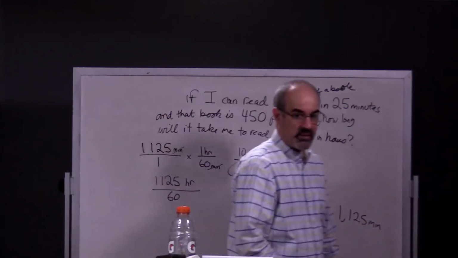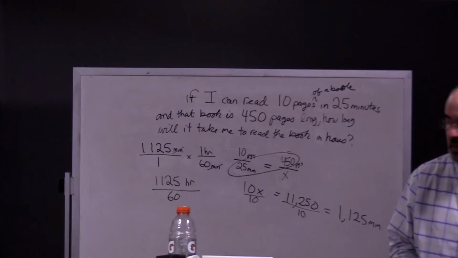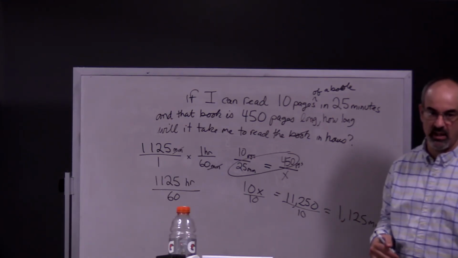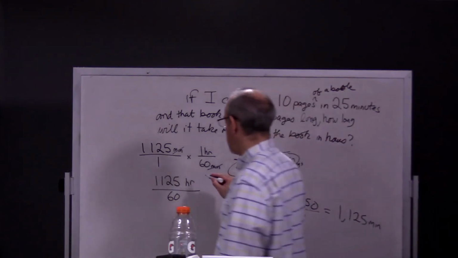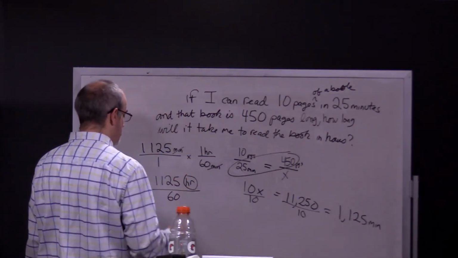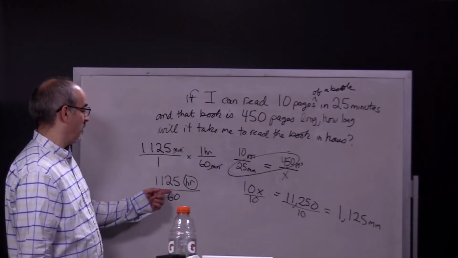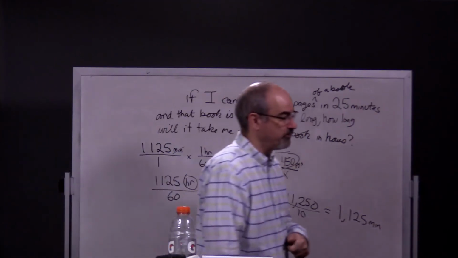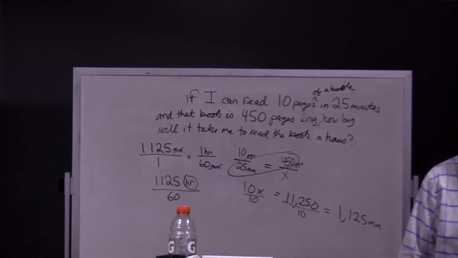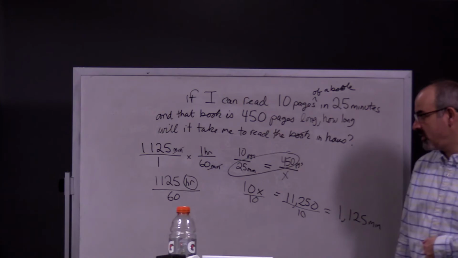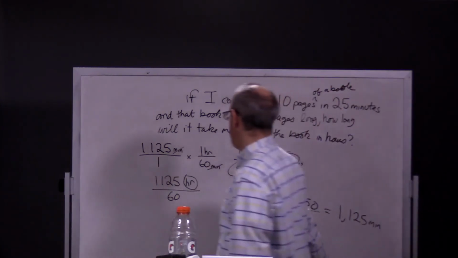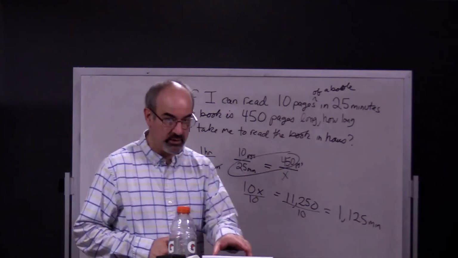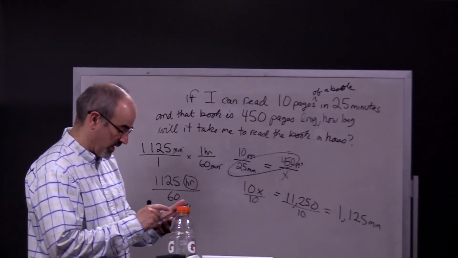That's why, hopefully I didn't just confuse people, you can just divide 1125 by 60 and it gives you hours. Notice our only label left is hour. And the reason why I did times 1 over 60 is because dividing by 60 is the same as multiplying by 1 over 60. So 1 hour is 60 minutes. So if you divide 1125 by 60,